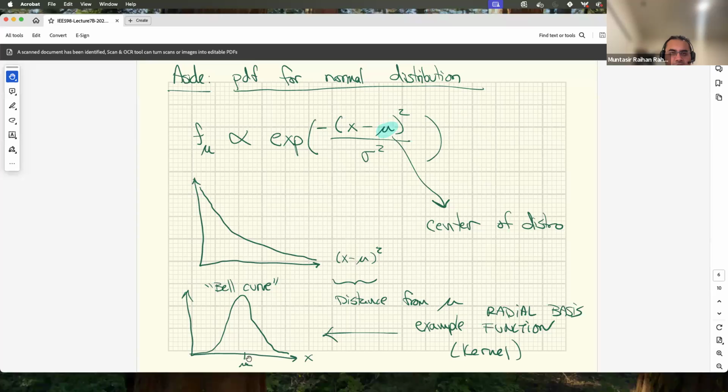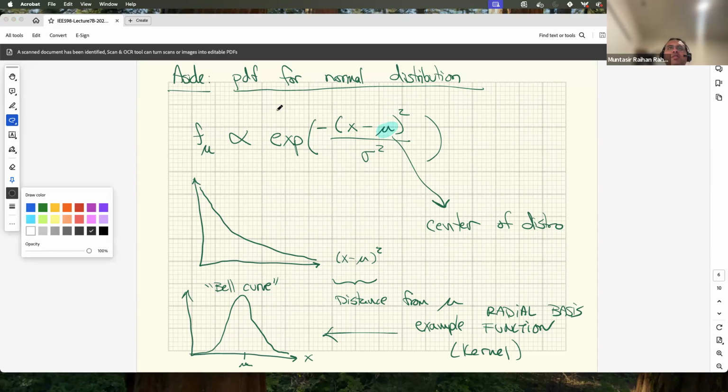Here you have a mu, which is the cluster center, and then you have x, which is an arbitrary input. The bell-shaped curve tells us that if x is near or close to the center, then you have a high value of the function, but as it moves further away from the center, the values diminish, right? If you plot x minus mu squared on the x-axis and this normal distribution function on the y-axis, you will see that the decay is exponential, right? Because it's an exponential decay function, as you can see here,